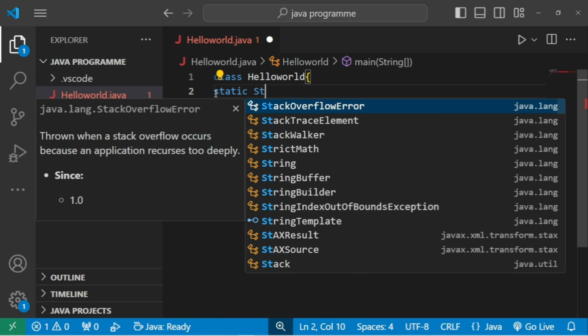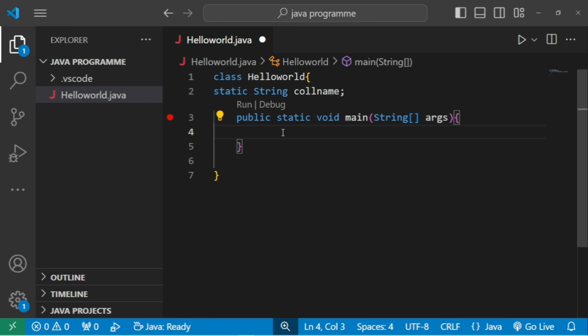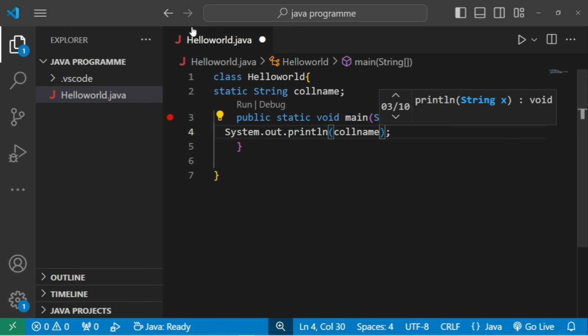A static String collegeName. So we can use it directly, collegeName, and if we run this,